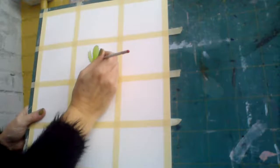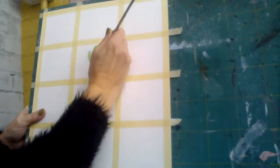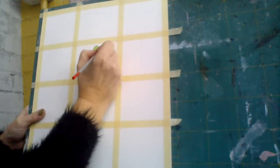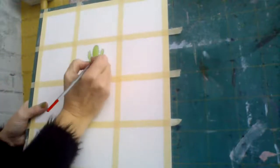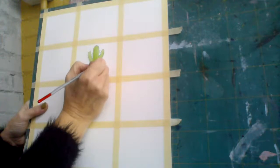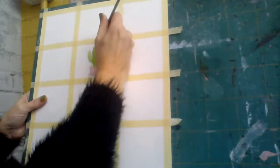Okay. And then once I've done this bit, I should be able to put some spikes on the inside of the cacti. I can keep my hand steady. You can see why you would need a detail brush for this, because you want those spikes to be quite thin. Although, some cacti have real brutal spikes